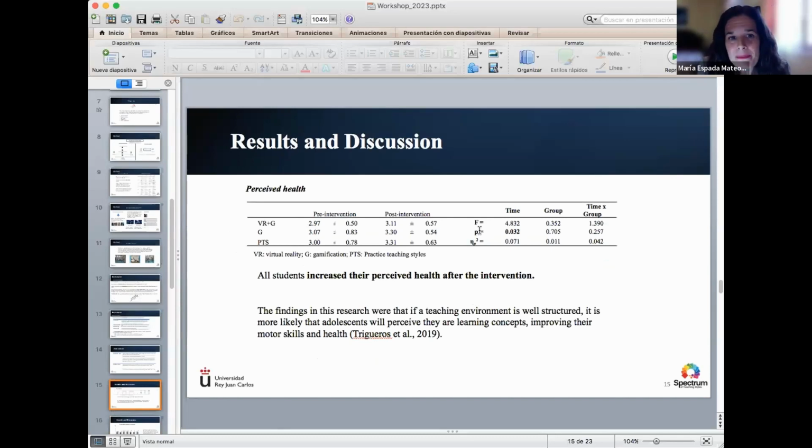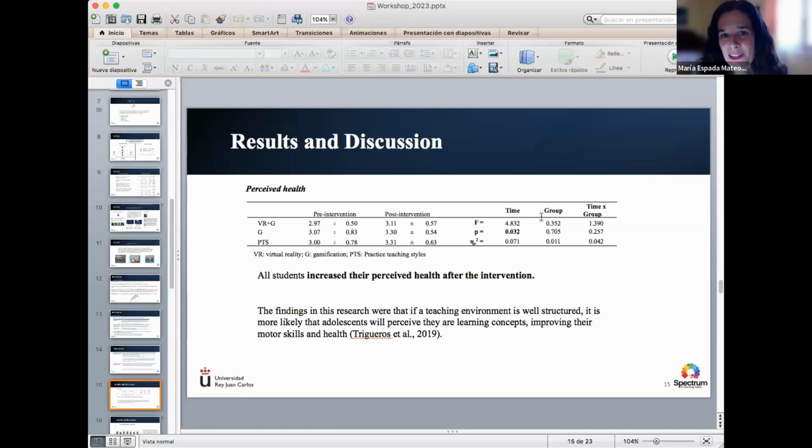Only they perceive high health regarding the interview. Maybe, if we didn't do anything different regarding the method, they perceive as well that the health is better because they did 12 more lessons of physical education.